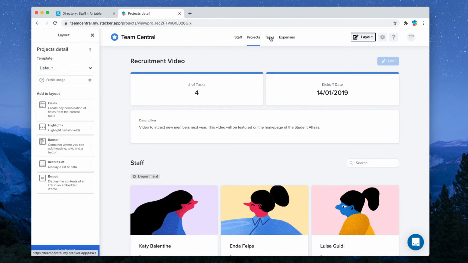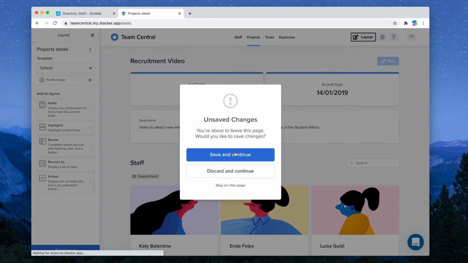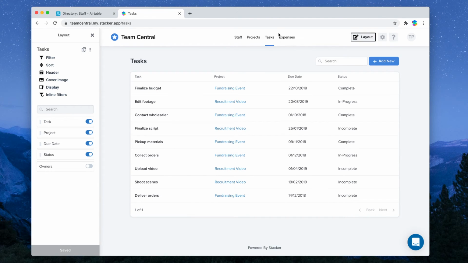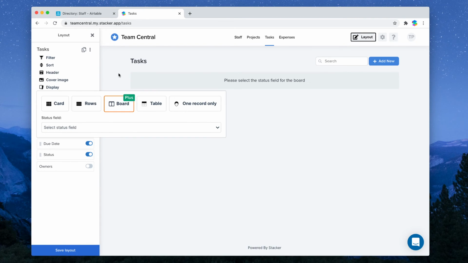We also have tasks linked to a project. So let's go and have a look at how we're laying out this tasks view and see if we could do something similar to get these tasks onto the project page. Tasks go through certain statuses from incomplete to in progress and finally to be complete. And anything which goes through that kind of funnel, pipeline stages is really good to be displayed in a Kanban board. So we'll select that